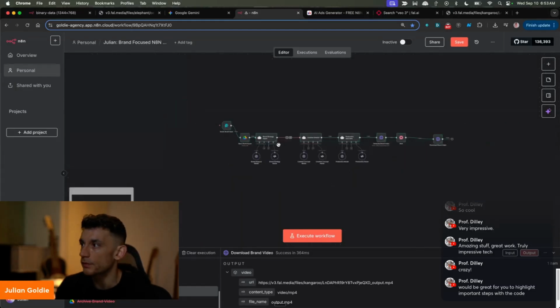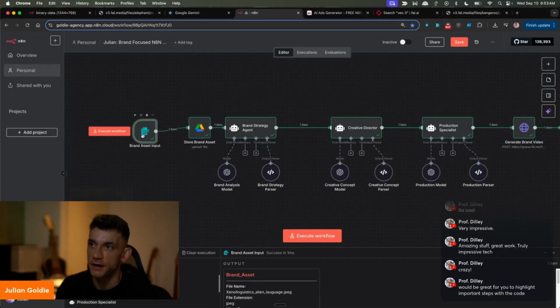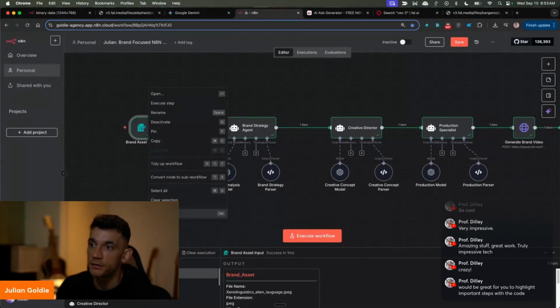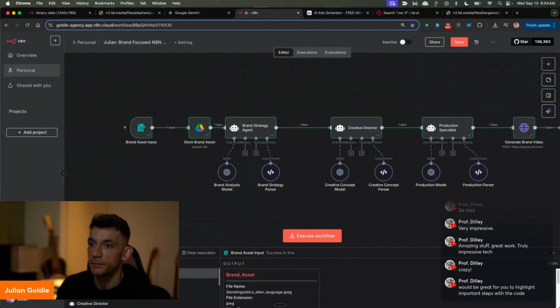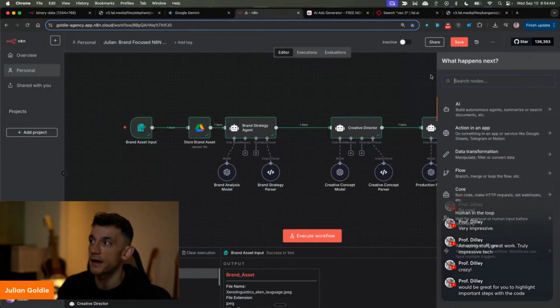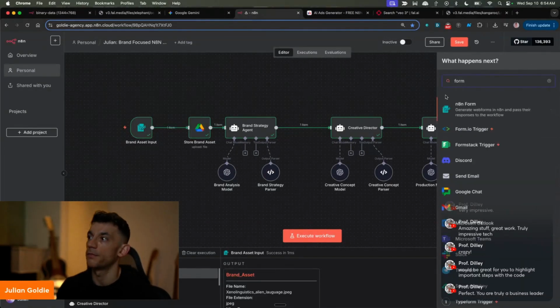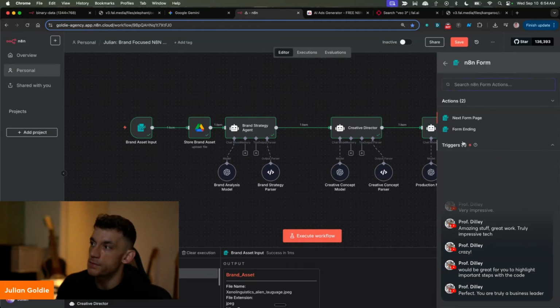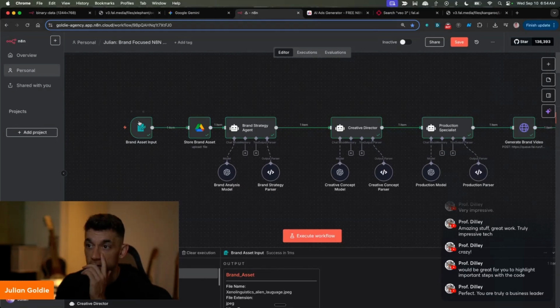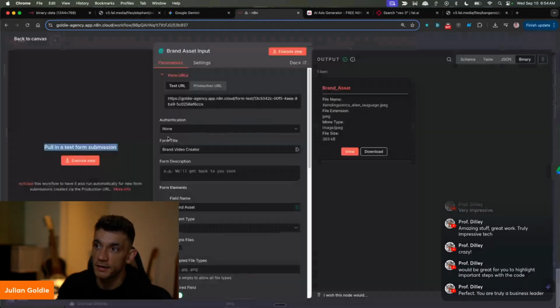If you want to know how you build this, we have the trigger here of brand asset input. To do that, all you do is add a new module inside here, and you would add a trigger. So you add node, form, click on triggers, new n8n form event, and that's how you add this module. Again, you can see the settings inside here, so you can see authentication, form title, and that's